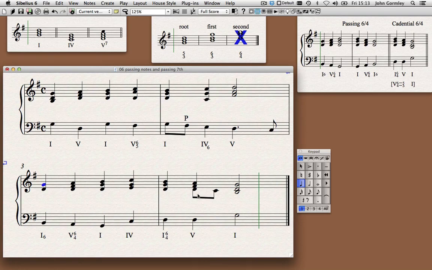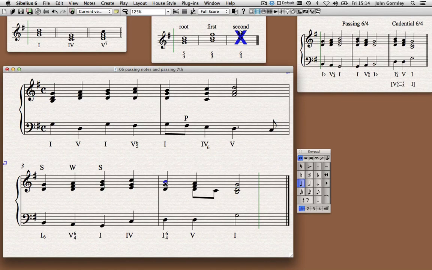A couple of additional little things we need to think about when we're using these chords. If we return to the passing 6/4, the crucial thing about the passing 6/4 is that the 6/4 chord itself always comes on the weak beat. So if we look at our score here, that's the strong beat, we're in 4/4, that's the weak beat, and that's the strong beat. Strong, weak, strong. So the 6/4 comes at the weak point,